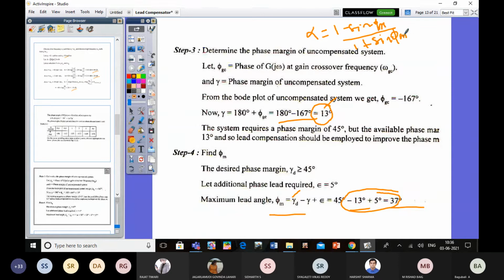If you have time, you can refer to any book and you will get the design procedures, because here we do not have enough time. It may take another 2-3 classes to explain how to determine alpha, how to determine beta and so on. That's why I have not covered all such things. I am giving whatever is possible, so that you can capture it easily. You can determine the value of alpha by using this equation. After getting alpha, what do we have to do? What is the step, dear?